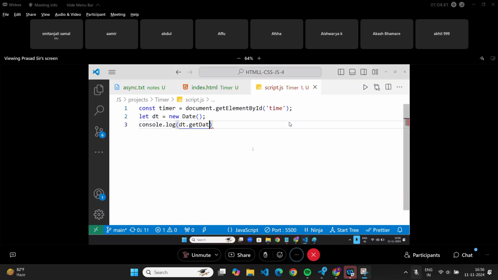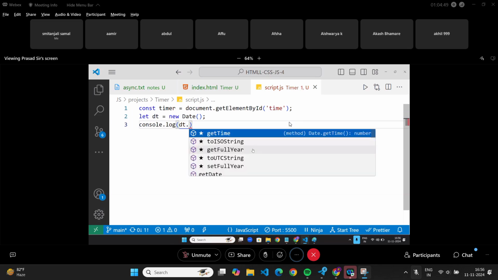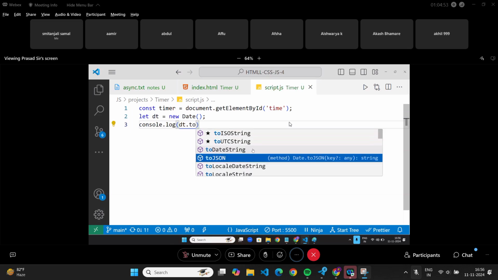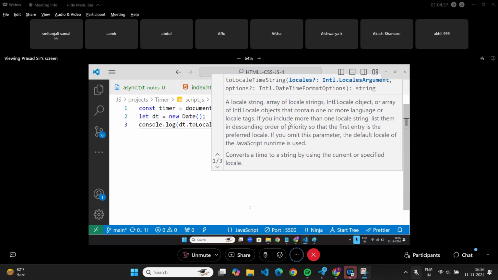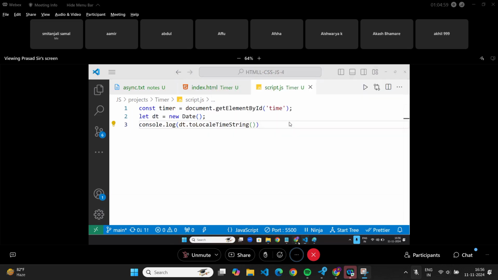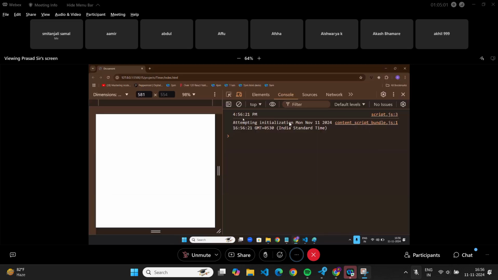Get hours and get minutes are also separate. But instead, what I will use is dt.toLocaleTimeString. If you write it, it will give you the time in a local format like this, which is the format which we love.